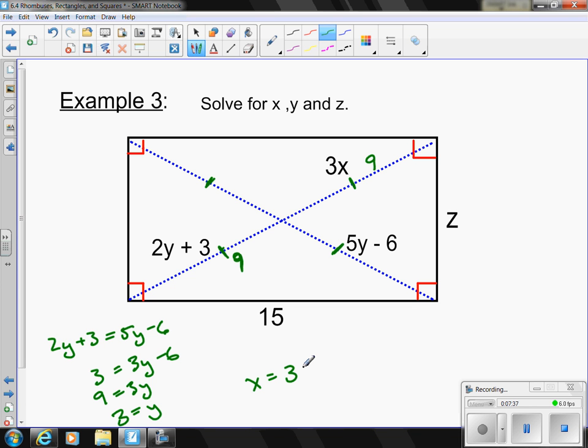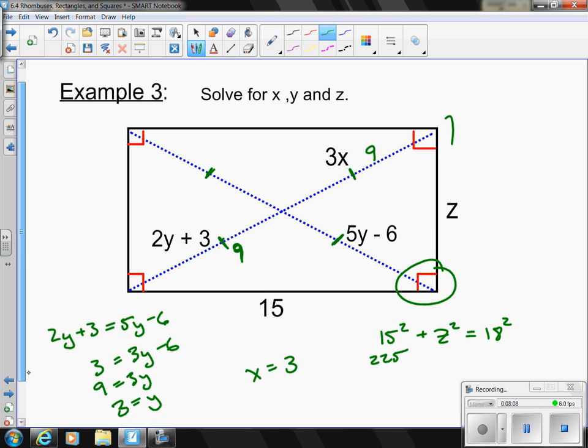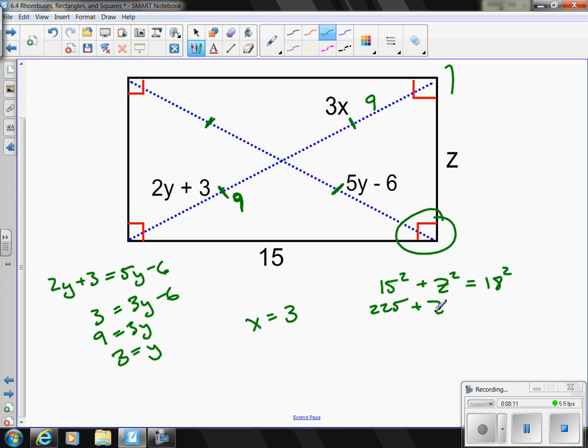Now, to find z, we're going to use the fact of this right angle here. And we're going to say a squared plus z squared equals c squared. So 15 squared plus z squared equals c squared. And that's 9 plus 9, or 18 squared. So 225 plus z squared equals